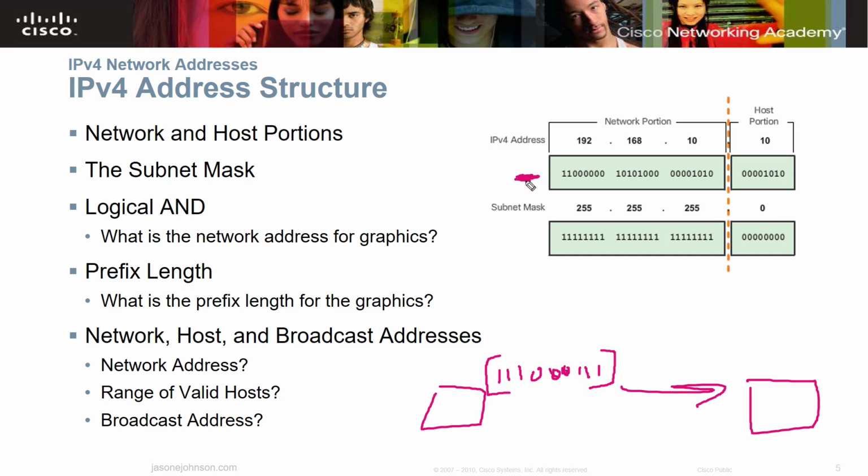Well, as it starts reading these numbers, ones and zeros, depending upon the subnet mask, and the subnet mask is going to be a string of ones. Once it gets to a 0, it's going to say whatever comes after that last one is the host portion. Anything to the right of the last one is in the host portion, and the host portion just means that local area network.